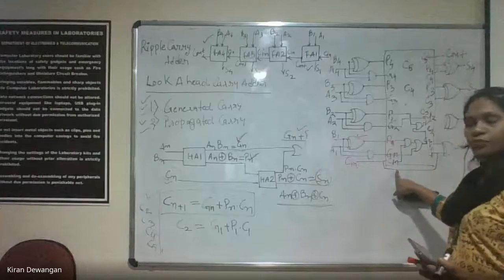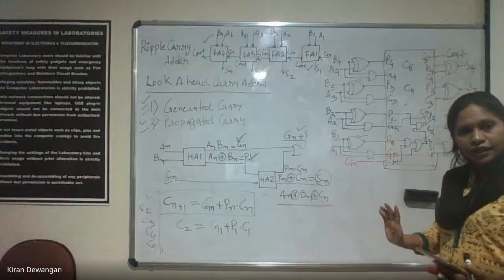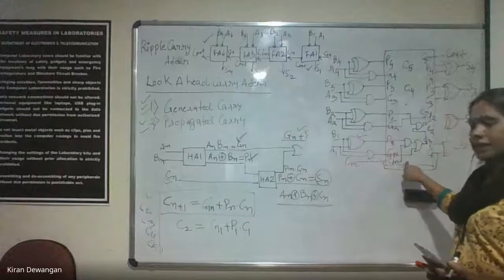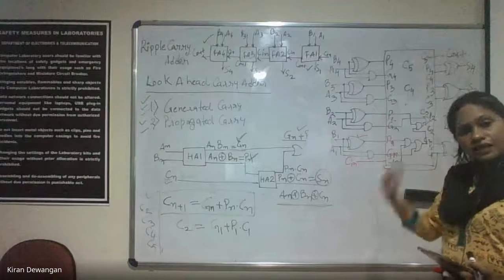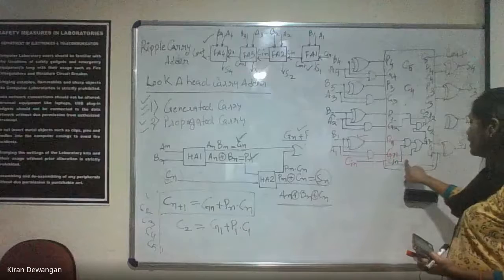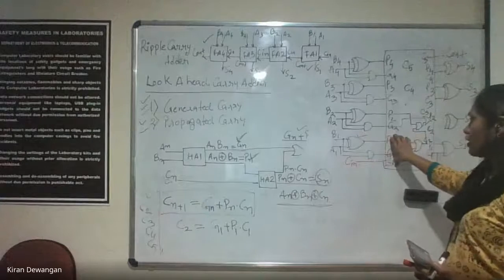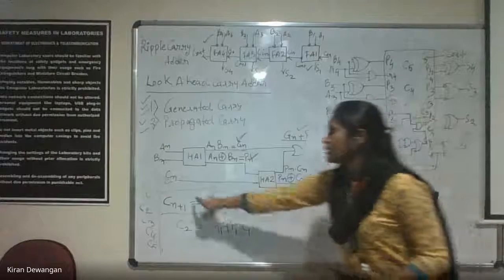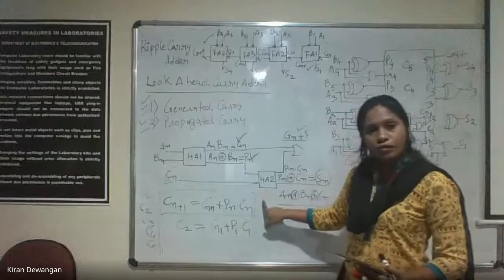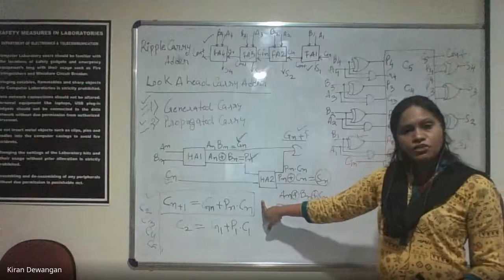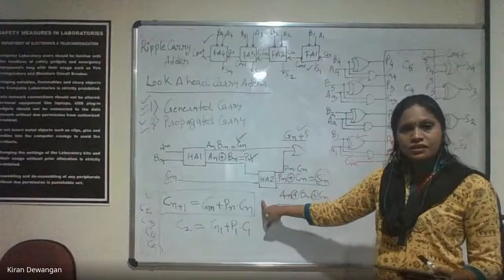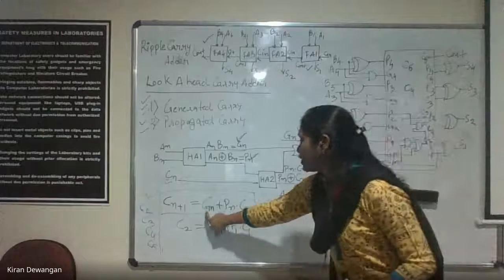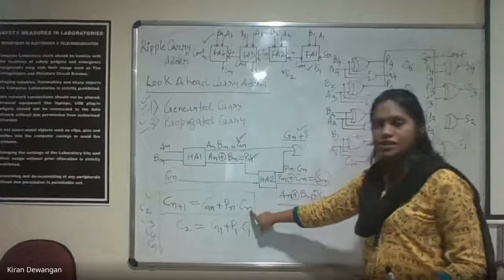और हम यहाँ पे C input दे रहे हैं. Initially हमें देना पड़ेगा. This is our first C input. ठीक है? तो यहाँ से C in गया. Let us take it as C1. Now internally ये जो है आपका C2 C3 generate करेगा. That will be calculated by this formula. This formula is clear, right? Cn plus 1 is clear. Yes? Yes, ma'am. This one is clear. So Cn plus 1 is Gn plus Pn dot Cn.